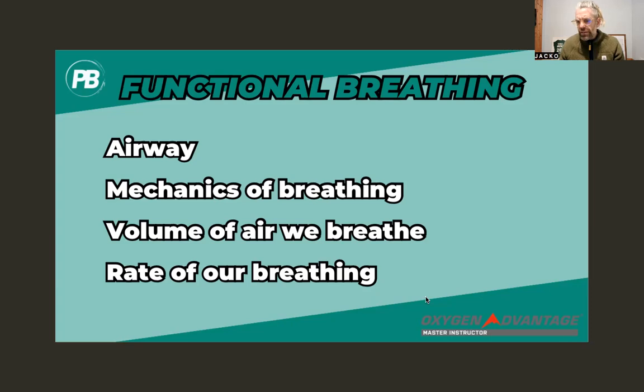The rate of our breathing, the speed of our breathing, is an obvious one, in that when we're breathing fast, it's difficult for us to breathe calmly or deeply. We tend to breathe more from the upper chest. Whereas the volume of air that we breathe is something that gets missed a lot. The volume of air that we breathe dictates the levels of carbon dioxide within the lungs and within the